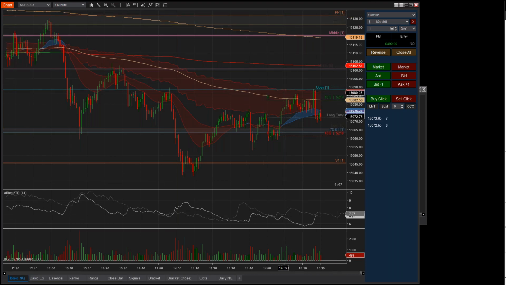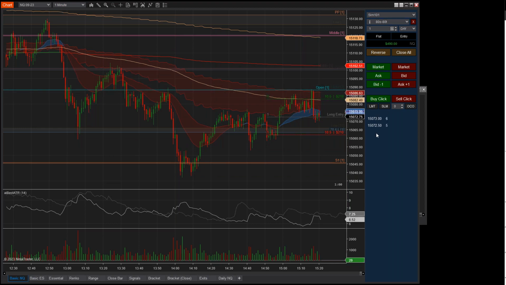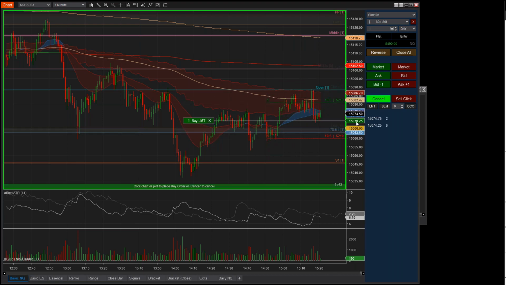I can't possibly go through all the features today, but what you see here is available today for $95. This is completely reconfigured compared to Ninja's. You can separate your P&L by instrument or all instruments. There's tons of different features, but a few things I'm going to show you related to entries is the attachment feature. And so here I can place my entries like I do, limit orders, using the buy click button.